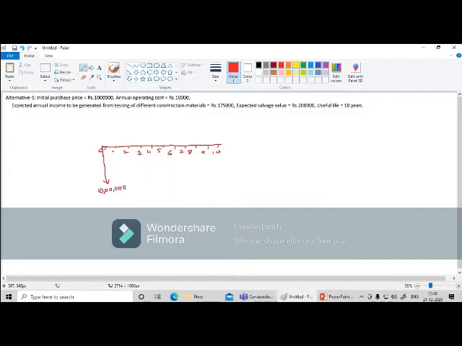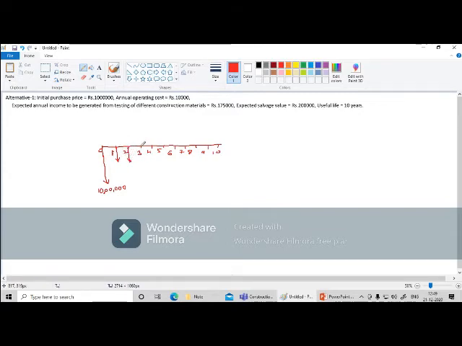Why have I shown it at the 0th year? Because it is the initial purchase price; before the start of the project, or before the start of the usage, I am going to spend the money. So 10 lakhs is the initial purchase price. Now the annual operating cost. Operating cost means, whether it is a cash inflow or cash outflow? It is a cash outflow, because it is an operating cost. You are going to incur cost, but it is annual. So I will show 10,000 for the first year. It is annual, every year 10,000.